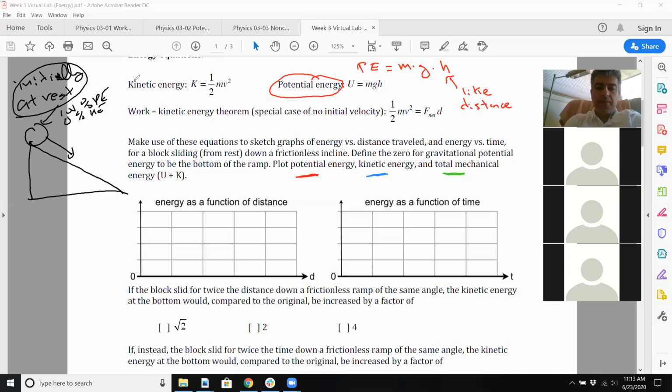So going back to red here, I'll kind of assume it's like that. And remember, this is our distance, right? So right now, actually, hold on a sec here. It's actually going to be up here. So that's our height. And of course, when it gets down to the bottom of the ramp,